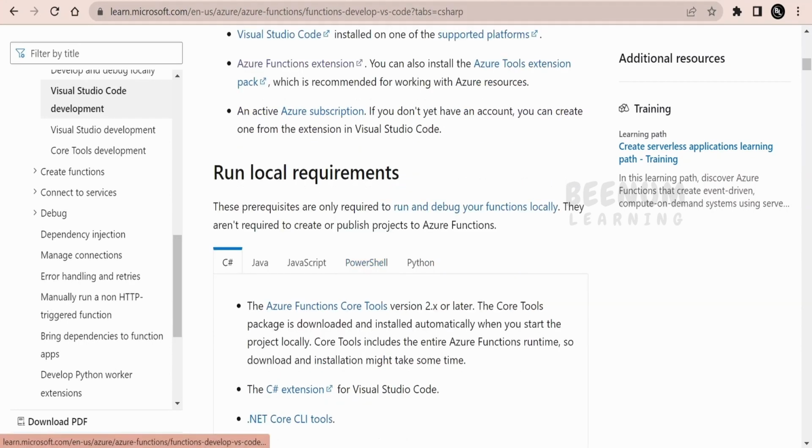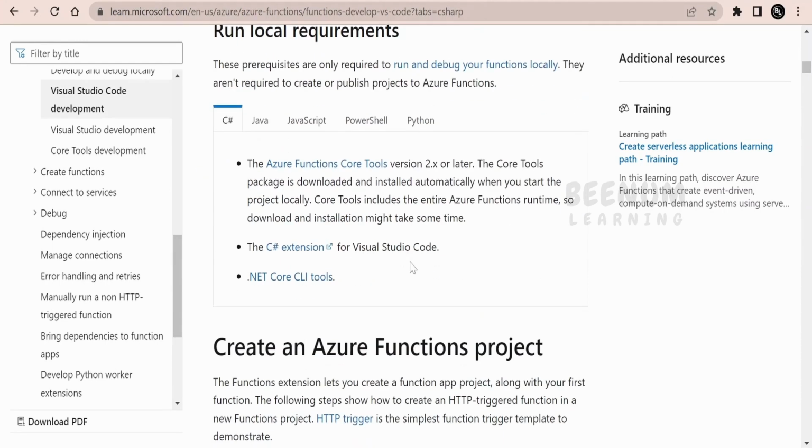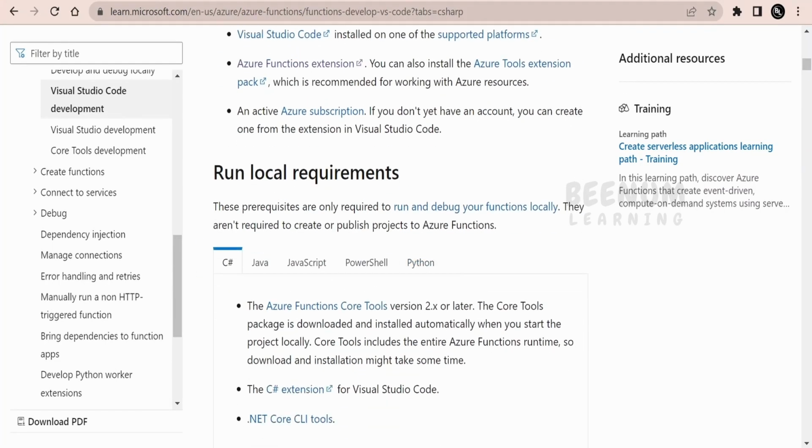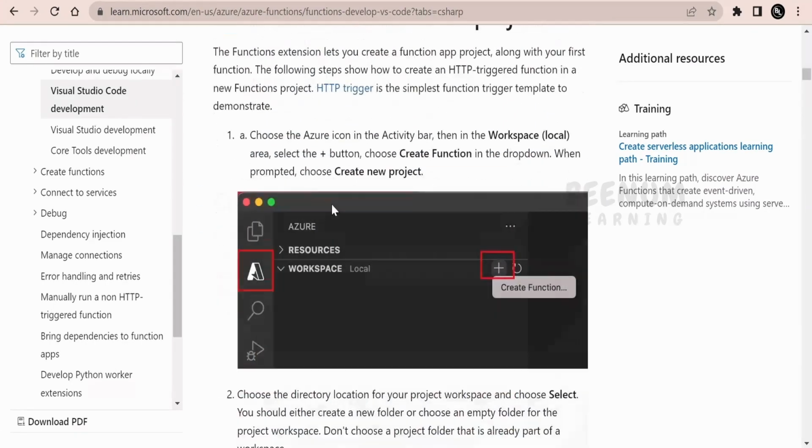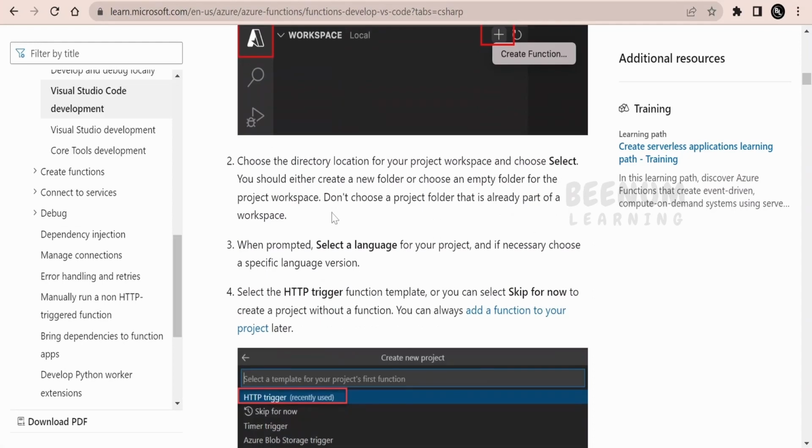And if you want to run and debug, then we need to install the Azure Functions Core Tools, which we installed in our previous class. You can refer to our previous class on how to install the Azure Functions Core Tools. This is only if you want to run locally. If you just want to create and deploy, you can go ahead with the Azure Functions extension only. Here Microsoft has provided each and every step we need to follow in order to build the Functions app locally. Now we'll go ahead with our class and see how to build the Functions app